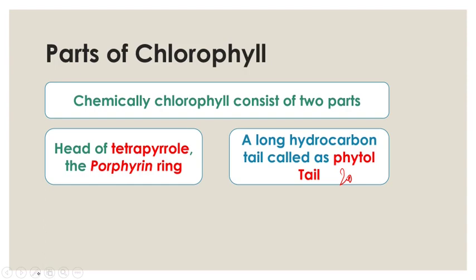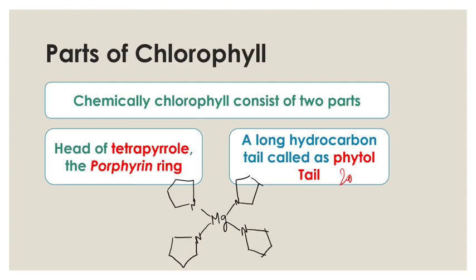Just to draw a brief diagram of the chlorophyll, basically in the center there is magnesium. On the four sides of the magnesium there are four nitrogens, and there are pyrrole rings attached to the nitrogen. Actually, nitrogen is a part of the pyrrole ring. So these are four pyrrole rings. This is ring number 1, this is 2, this is 3, and this is 4. To this third one, there is one more cyclopentanone ring attached.